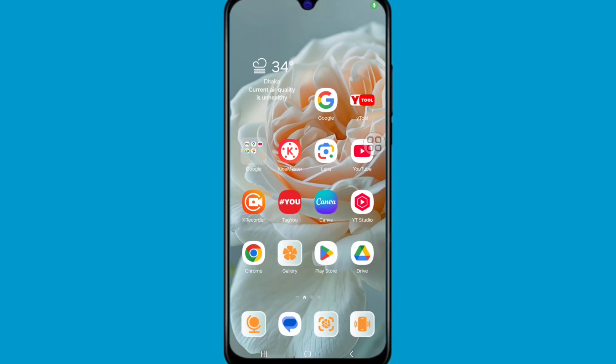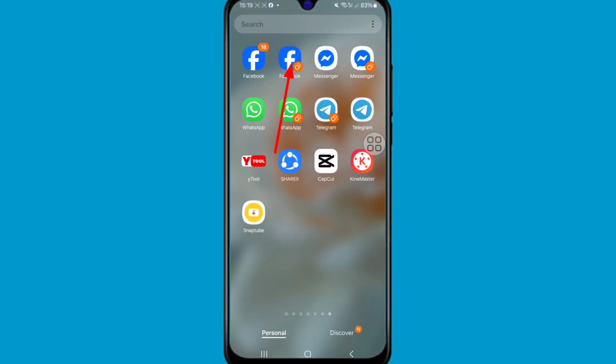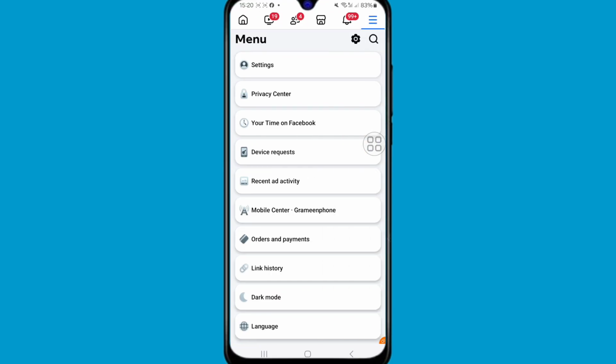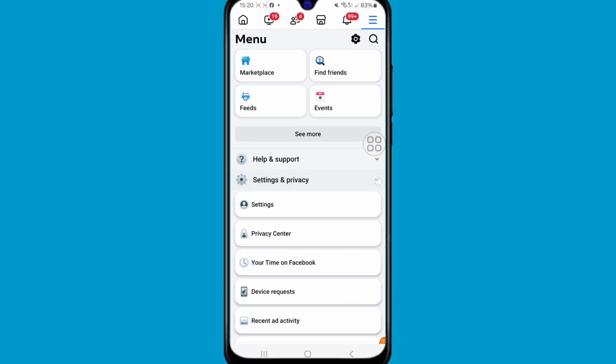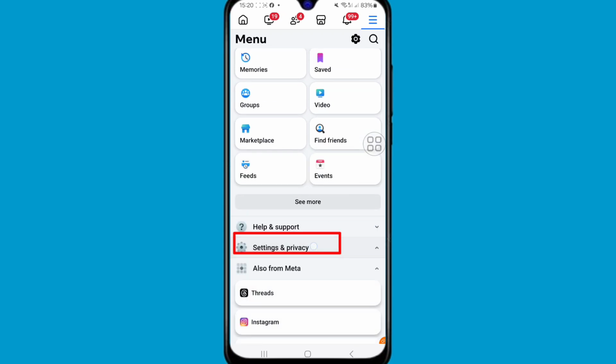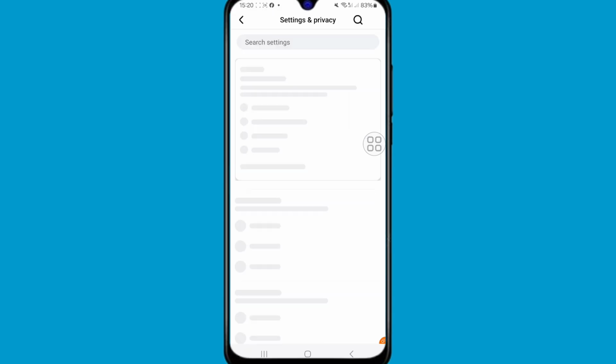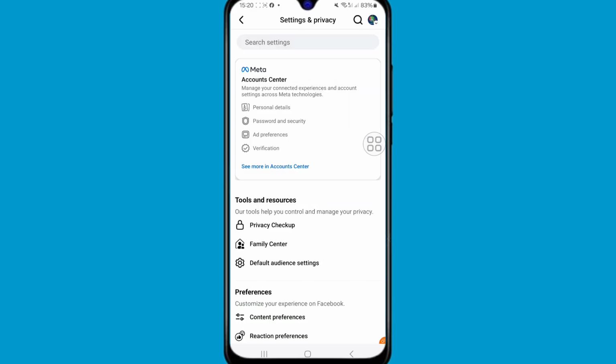Guys, today in this video I'm going to show you how to recover your deleted messages on Messenger apps. So let's get started. First of all, open your official Facebook app and then tap on the top right corner three line button, then scroll down and tap on Settings and privacy. Again tap on Settings. Please wait for loading and select the first box, Meta Account Center,